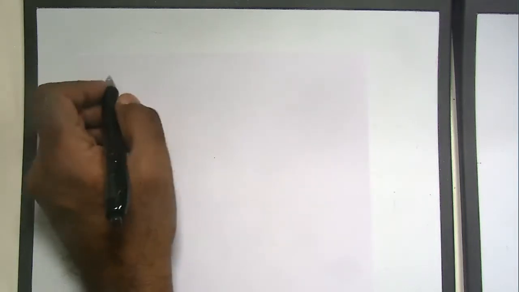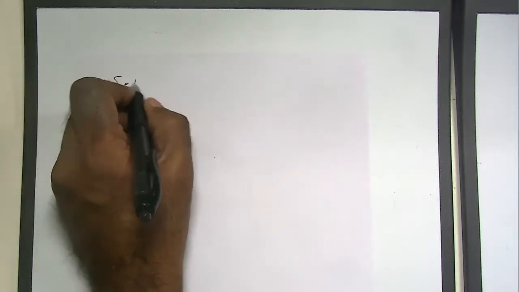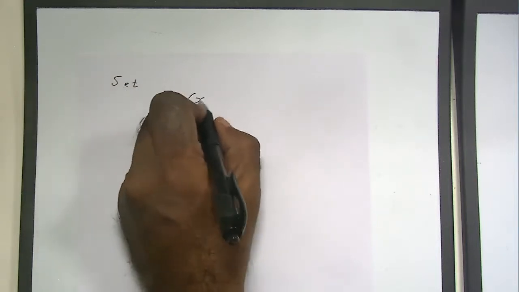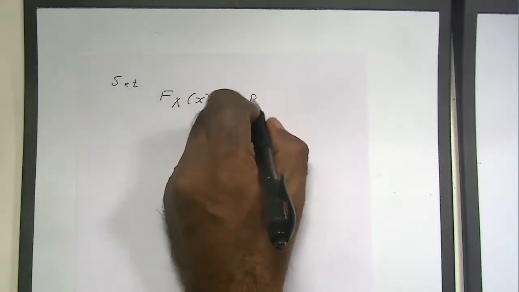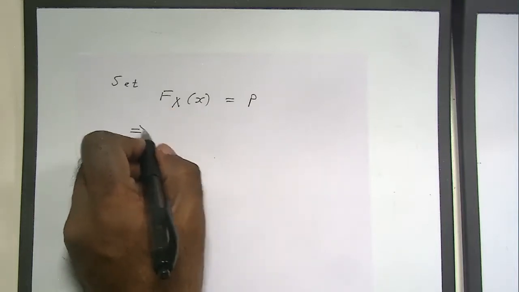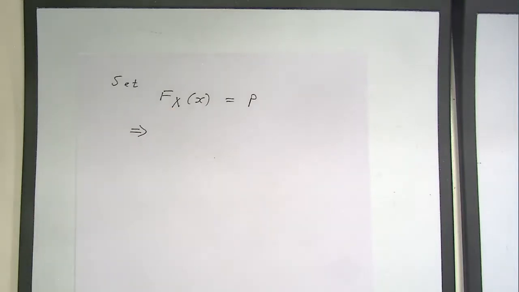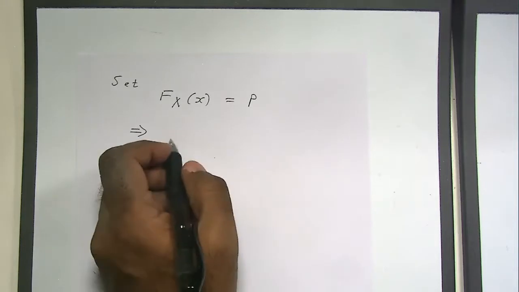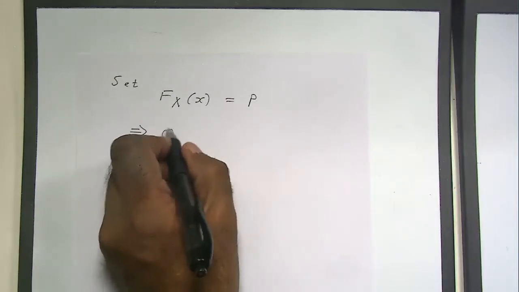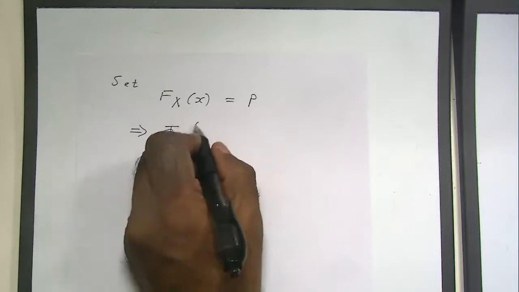So set the reason I am doing this is because I want to find the value at risk of X. X is the variable of interest, which is the total portfolio loss, right? Now, what is the CDF of X, guys? It will be phi